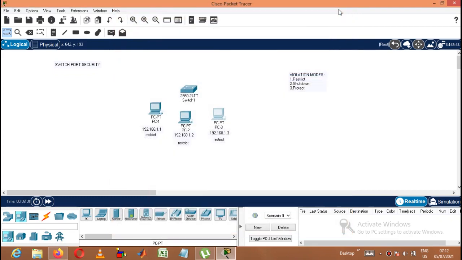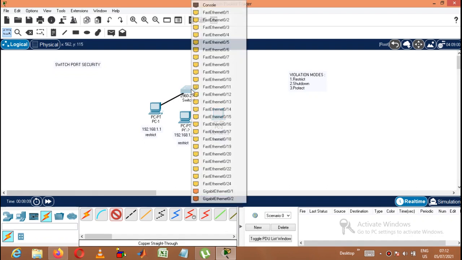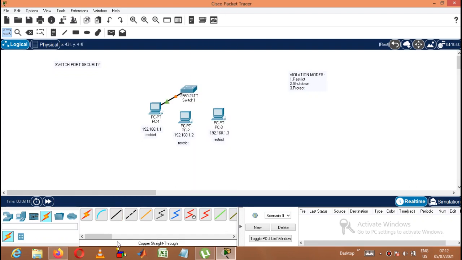Now I'll take fast Ethernet ports with copper straight-through cables and connect all these. Port number 1 I have connected here. The second PC I am connecting with port number 2. The third PC is connected with port number 3.